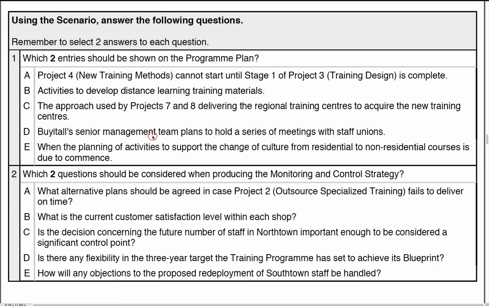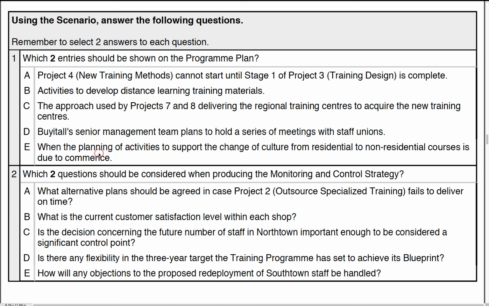Right. Senior management team plans to hold a series of meetings. Well, we don't put that in the program plan. That could be in a couple of places like stakeholder engagement strategy, for instance, how they'll go and do that. And then the schedule of activities is usually kept in the communications plan for the program. So we have 2 things being hit here: stakeholder engagement strategy approach to communications, and then actually the scheduling of that in the program communications plan.